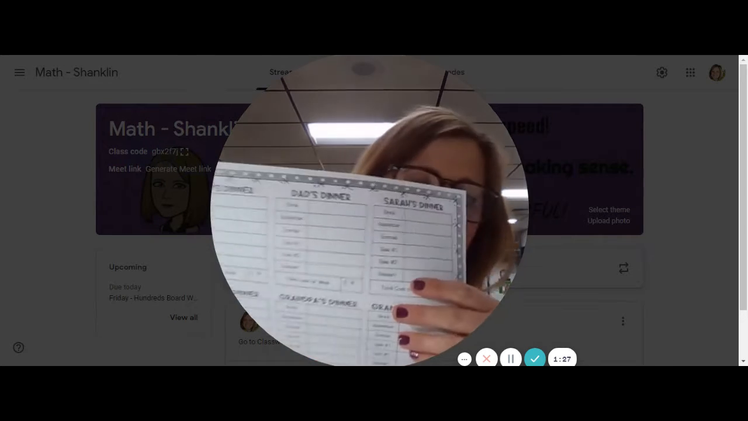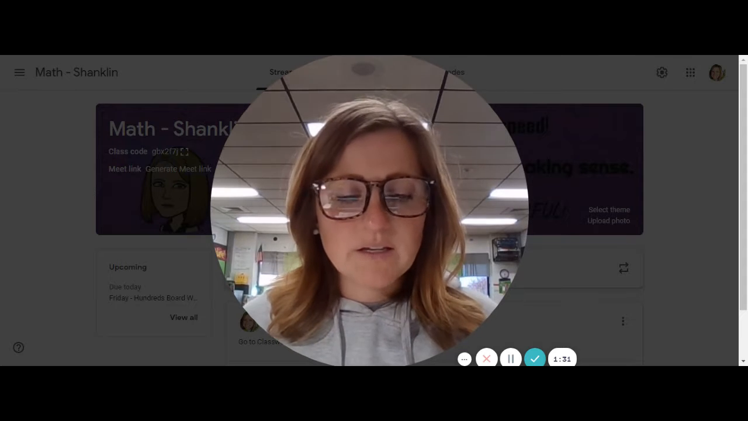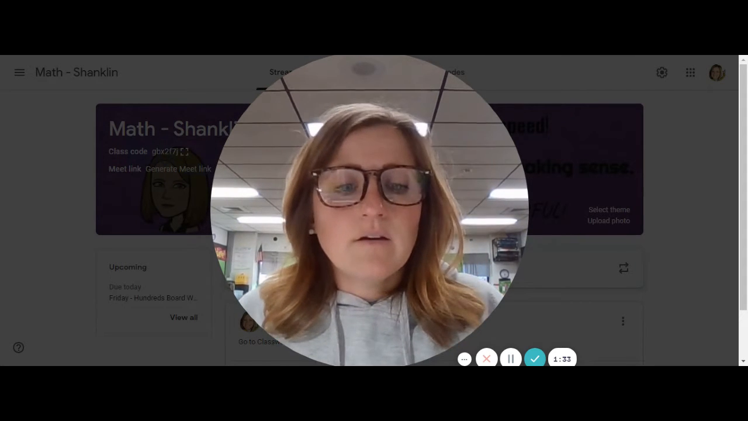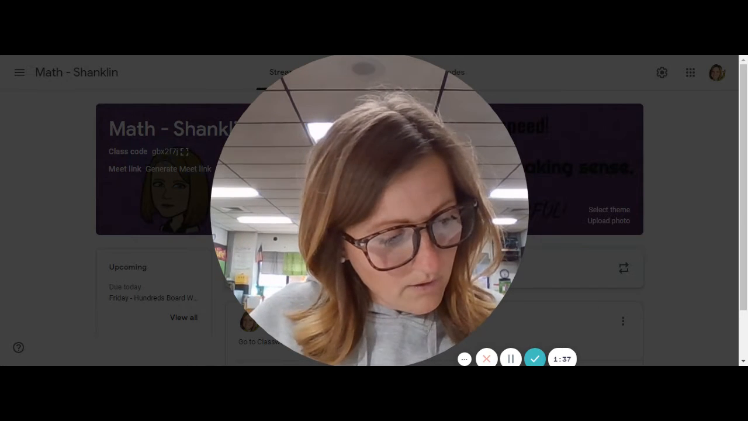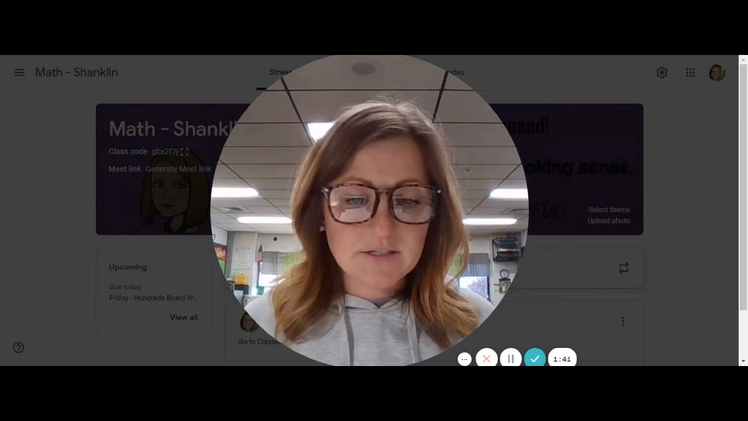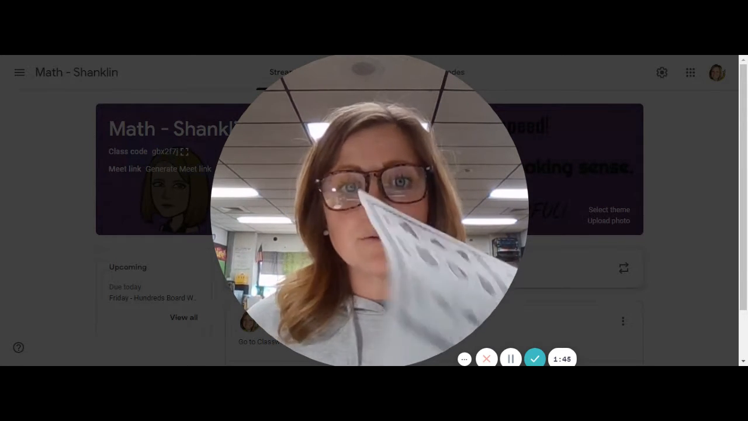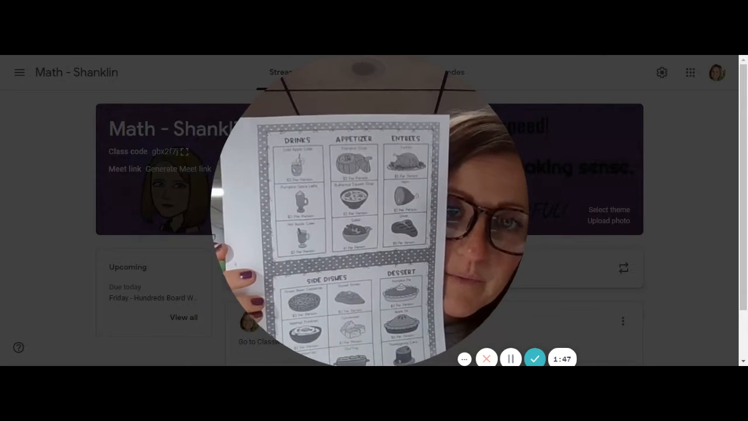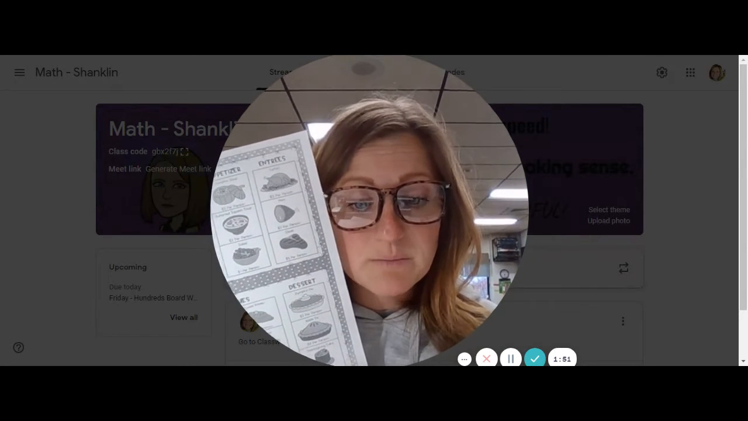which has the boxes with the people's names on it, tells you that you need to have a drink, an appetizer, an entree, and 2 sides and a dessert for each person. You will pick those foods using your menu, but what you have to do is keep up with how much money you've spent,